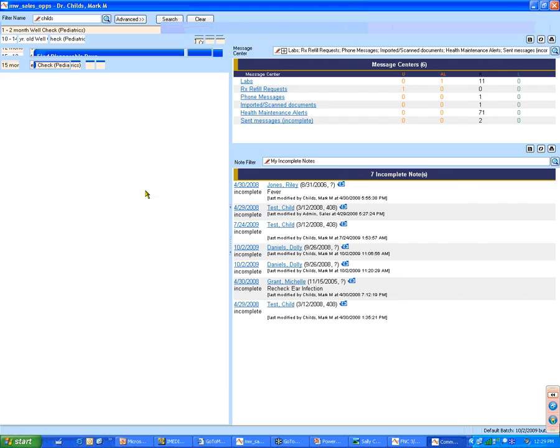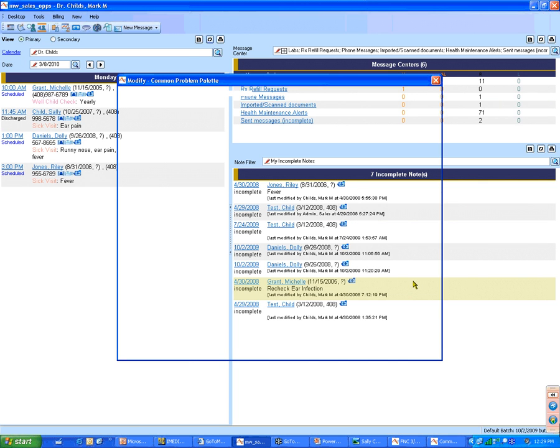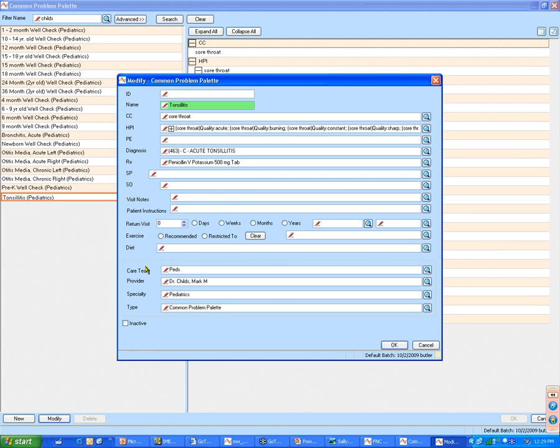If there's something that I want to change about a common problem palette, you'll see these are all of the areas that I can quickly document for a common problem palette. So if a patient comes in for a chief complaint, a sore throat, I can document and default sore throat, my history of present illness, my physical exam, the diagnosis, the prescriptions that I would prescribe, services performed in the office, services I would order in an external facility, if there's any default visit notes or patient instructions, if I